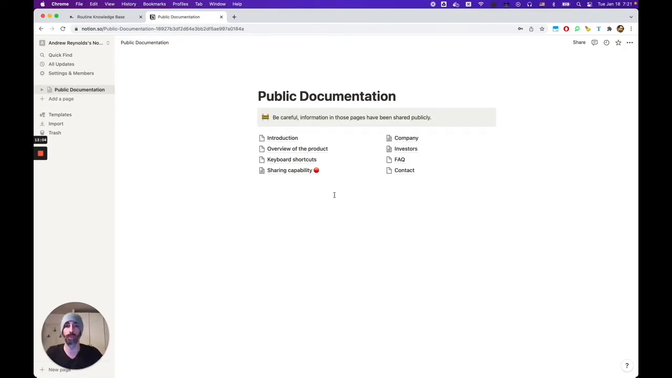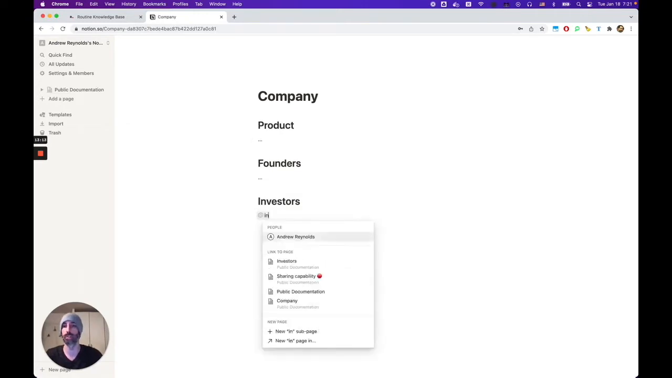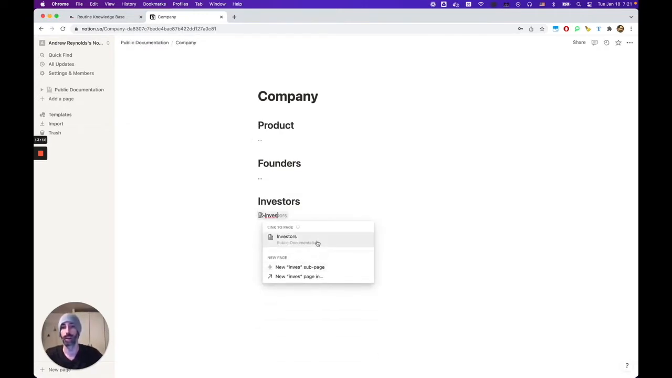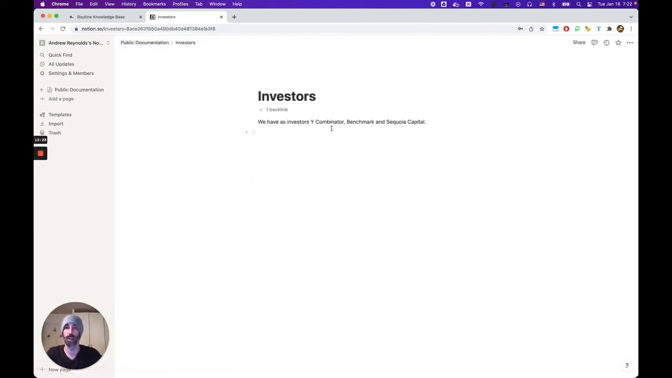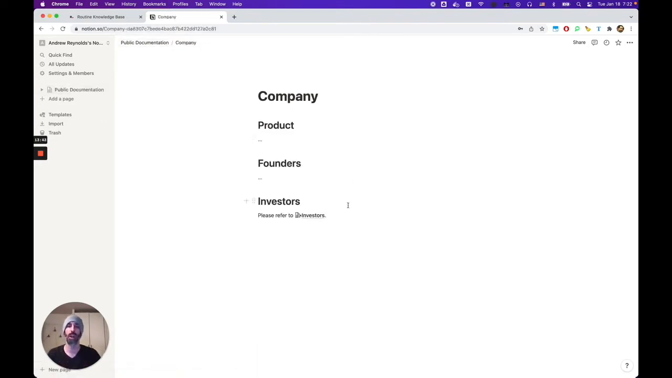The other way to solve that problem is to use references, basically to say, if you want to know about our investors, just look at the investor page. And you just do a reference. Please refer to investors. That works very well because the user can just click on the page and it goes to this page, which is going to be updated every time by the person in charge. And so that works. The problem is that it's not a great flow because you have references everywhere. I mean, it works sometimes, but